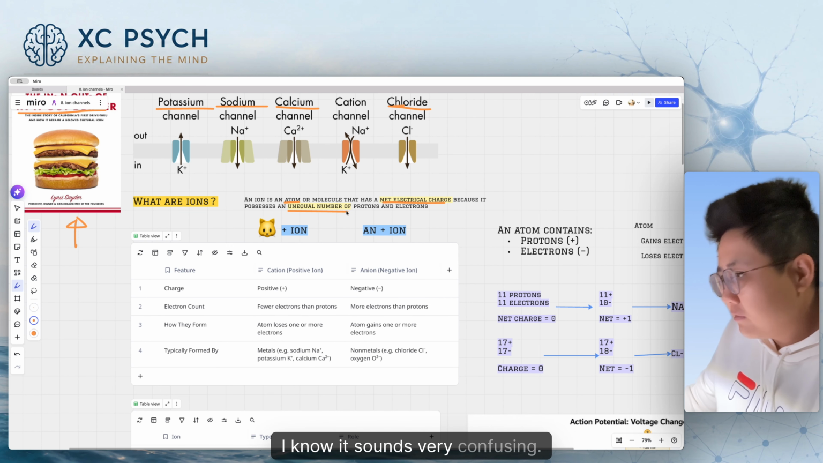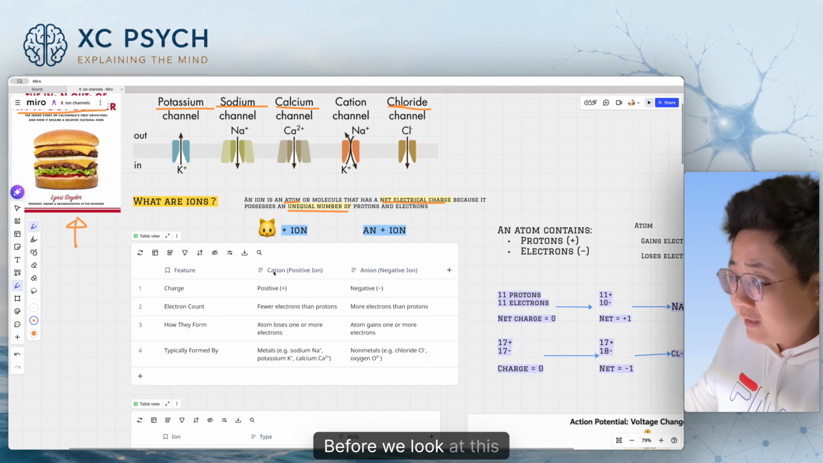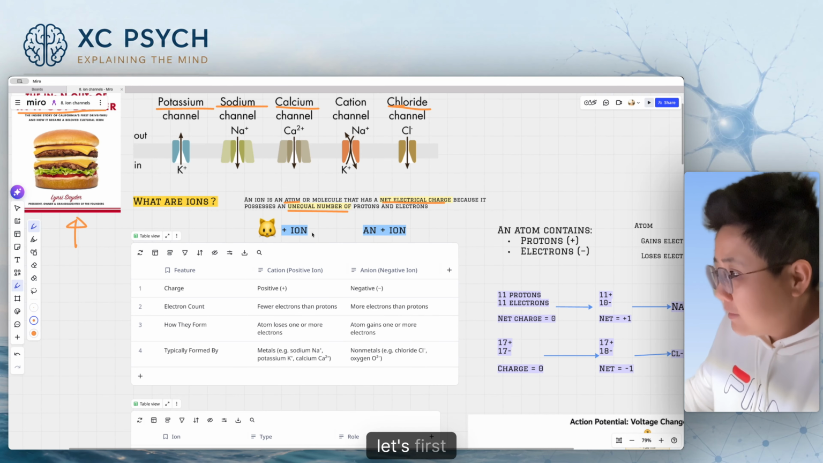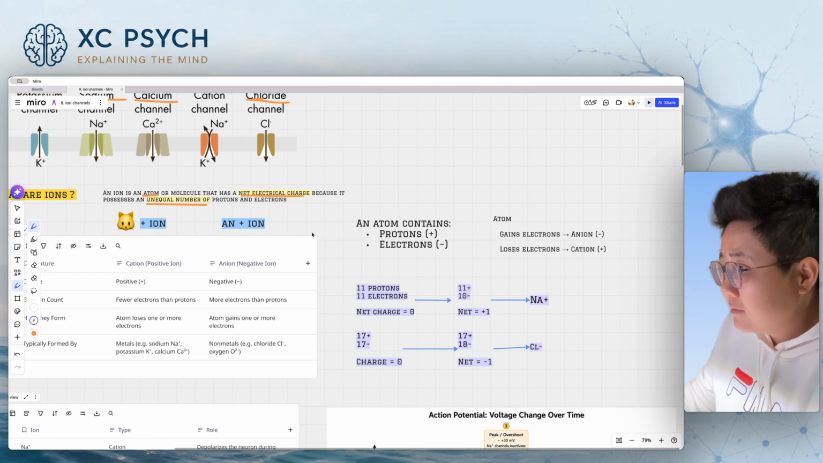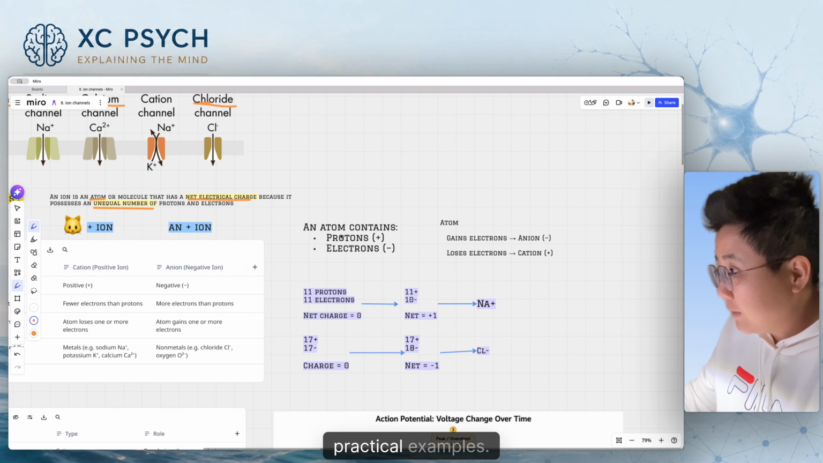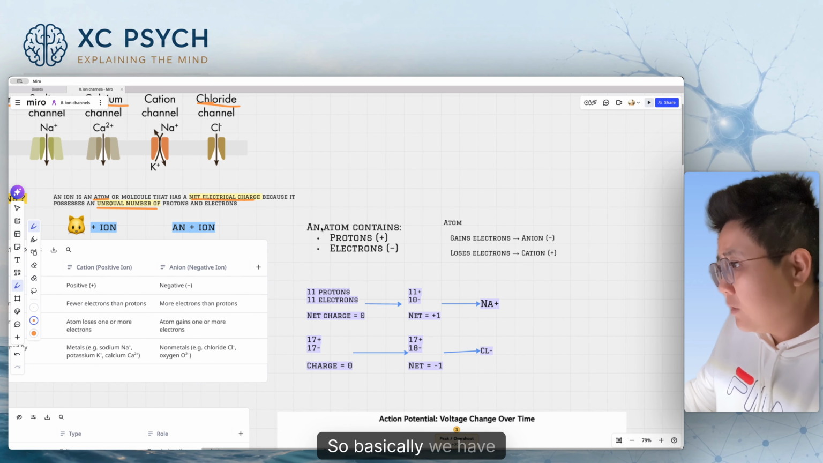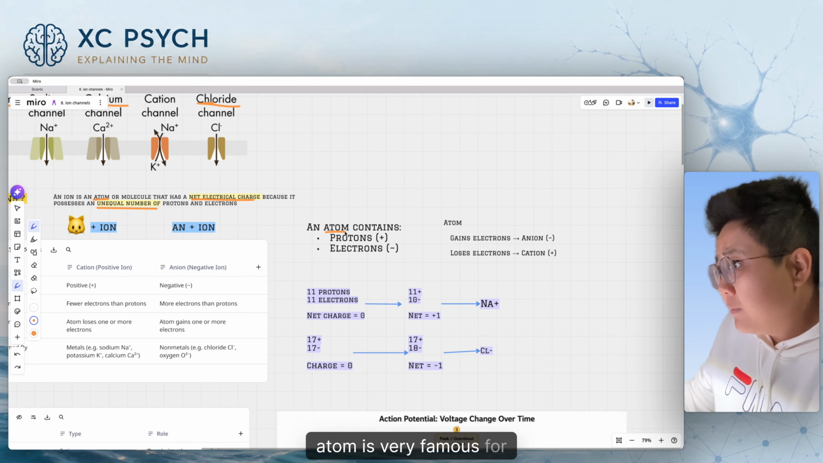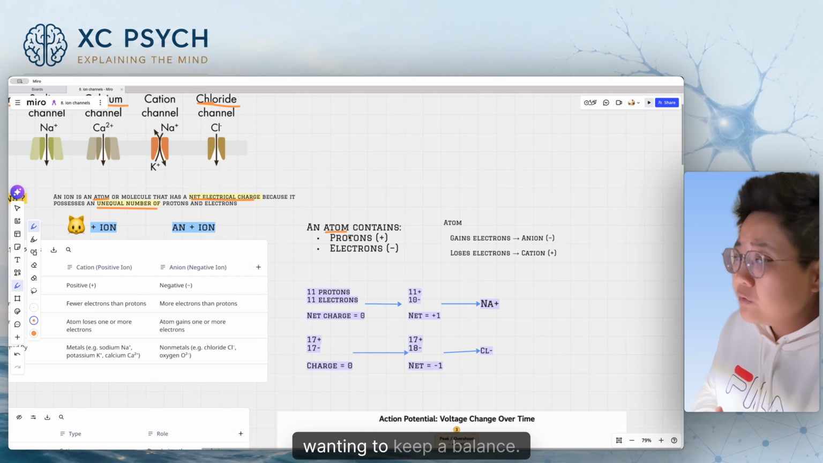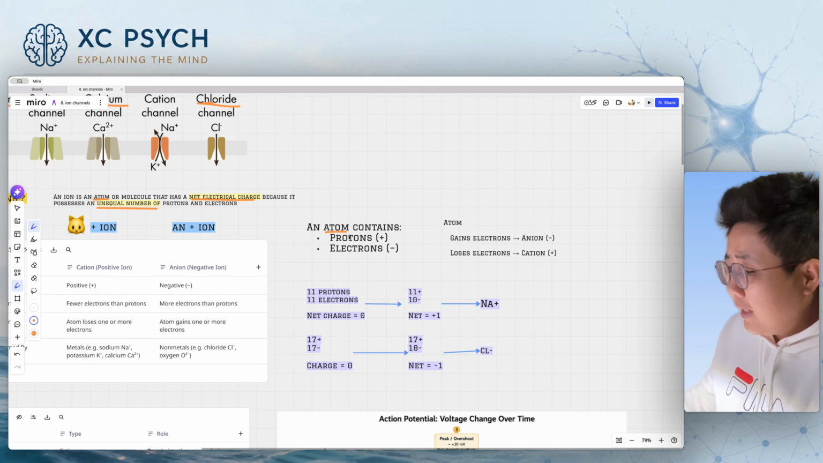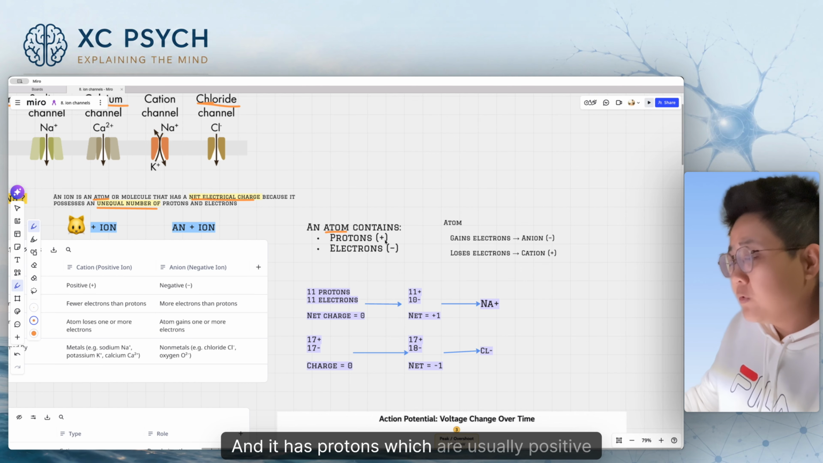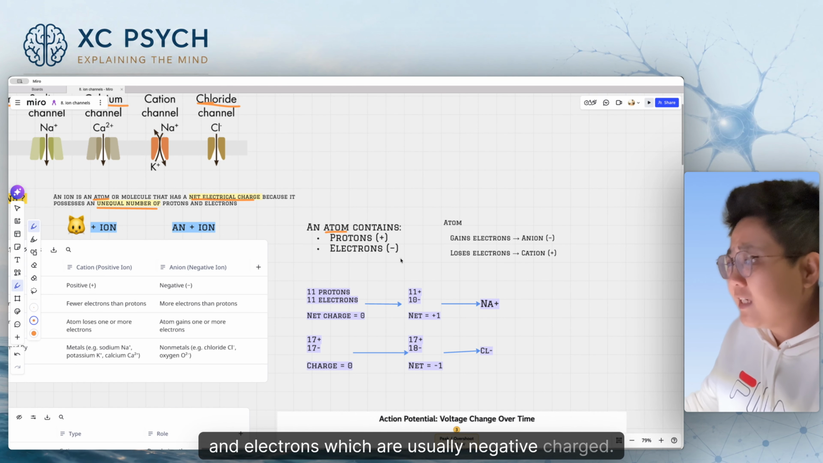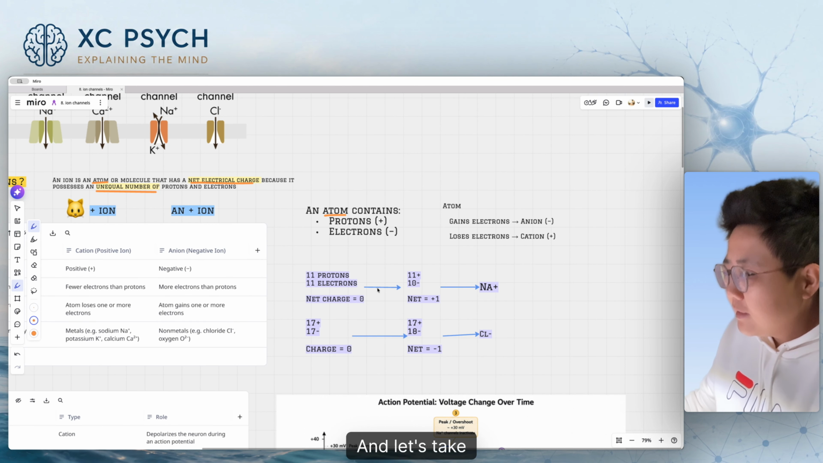I know it sounds very confusing. Before we look at this table, let's first maybe look at some practical examples. So basically, we have atom. Atom is very famous for wanting to keep a balance. And it has protons, which are usually positive charged, and electrons, which are usually negative charged. And let's take